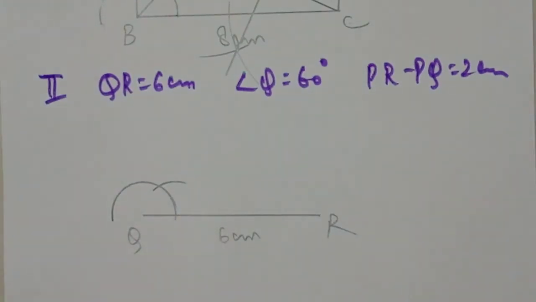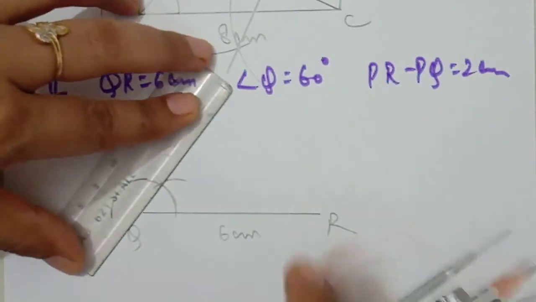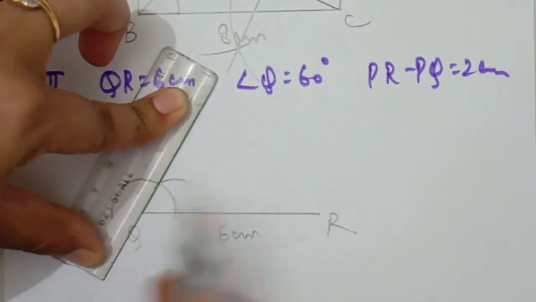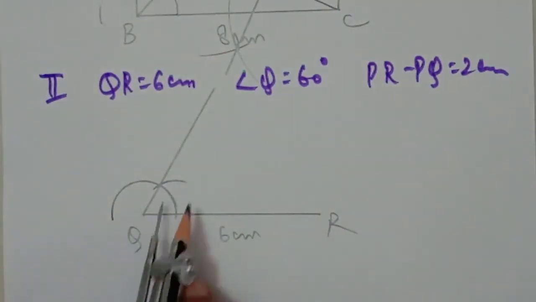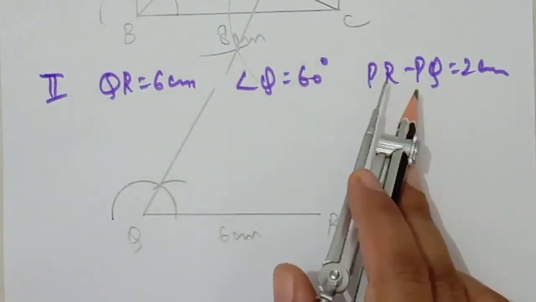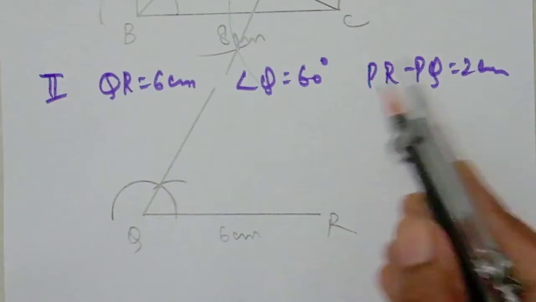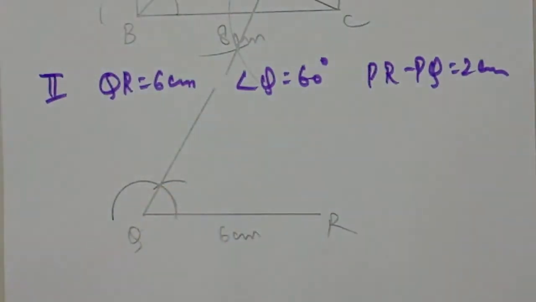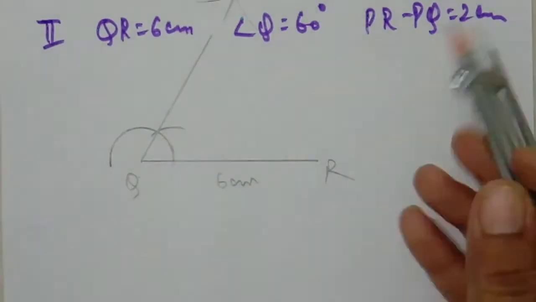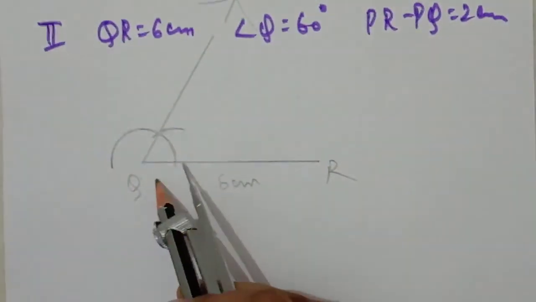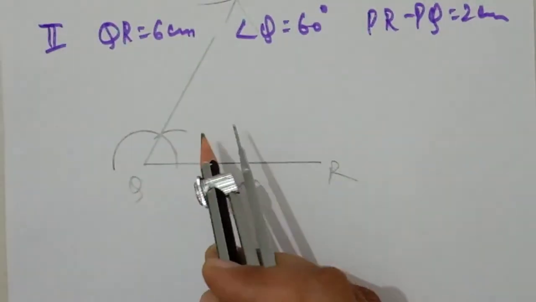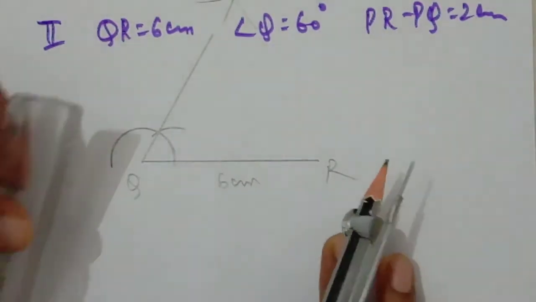Students, pay attention to one thing: we have to sharpen our pencil and adjust our compass very properly. So this is the required 60-degree angle. But students, when we are going to make a second type of question, when this type of situation is present, we have to make a different construction. So what is the difference in it? In the second type, we have to make our construction below the base, but the triangle will be present here only above the base.